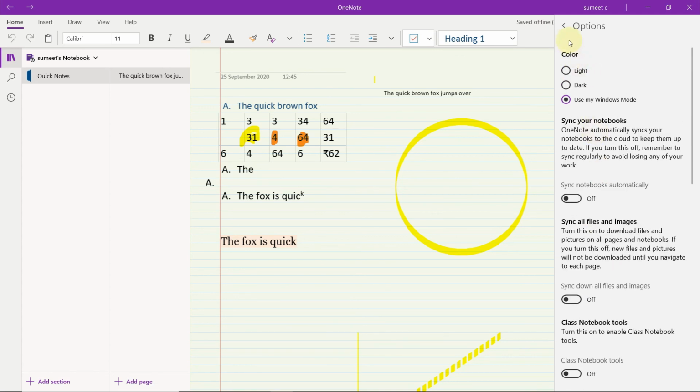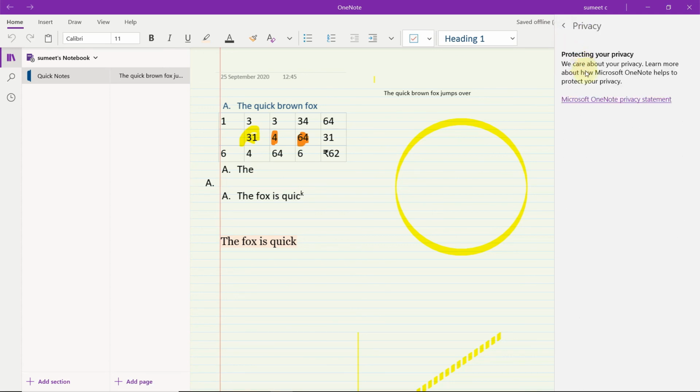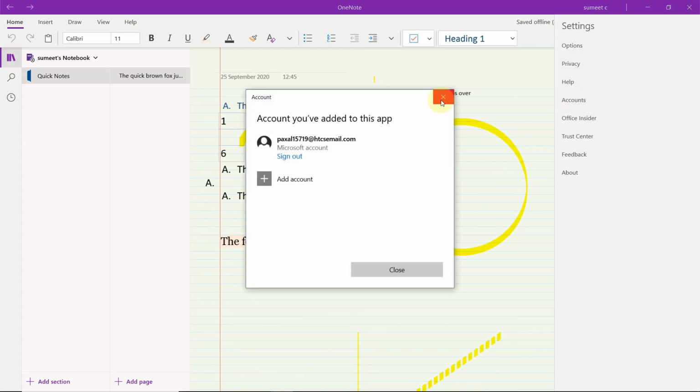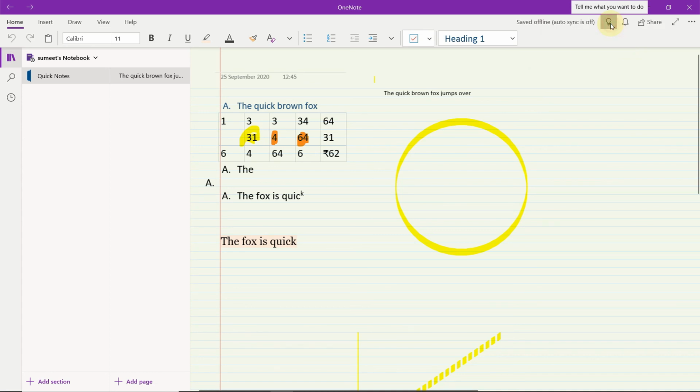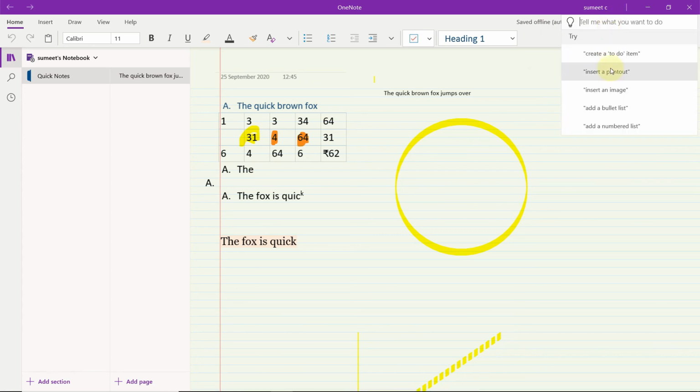And the privacy statement in the help tab. Okay, help is about Microsoft, this thing opens. Okay. What else is there in this OneNote? Okay, this is some help shortcut, I think. You can create a to do. Okay, so yeah,